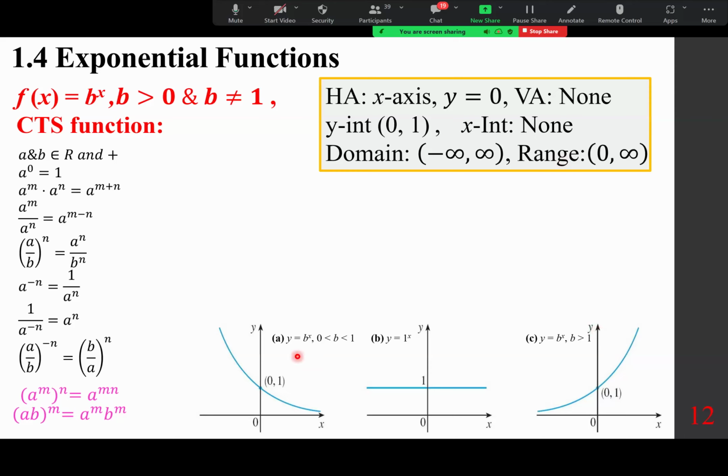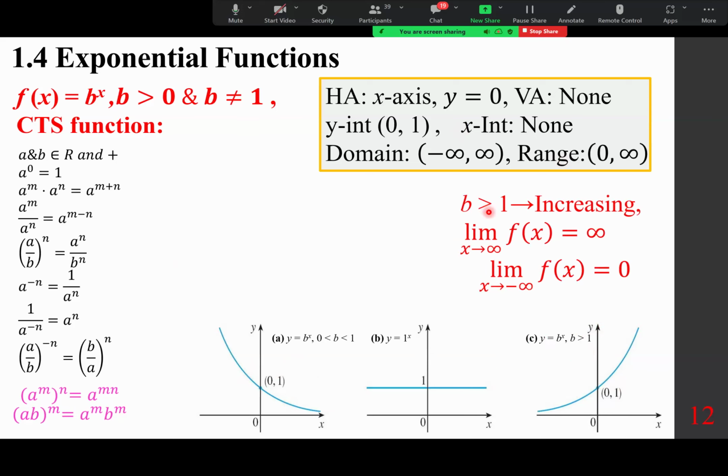So what's the difference? Everything is the same, except this is decreasing, this is increasing. So when b is larger than 1, it's increasing. What does it mean? The limit of f of x as x approaches infinity is infinity. So as x goes to infinity, that is really essentially the end behavior of the function we have studied in algebra. As x goes to infinity, so does y. But as x goes to negative infinity, f of x goes to 0, which is the definition of a horizontal